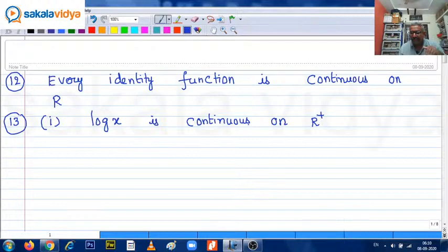When x is greater than 0 only, log x is continuous. Otherwise it is discontinuous. Okay, next, second. Now you can expect tan x, secant x are continuous